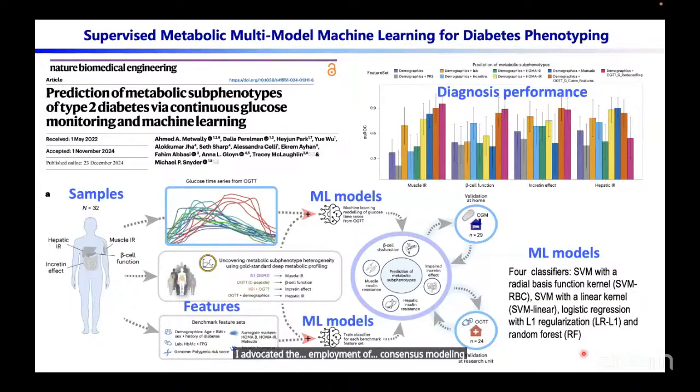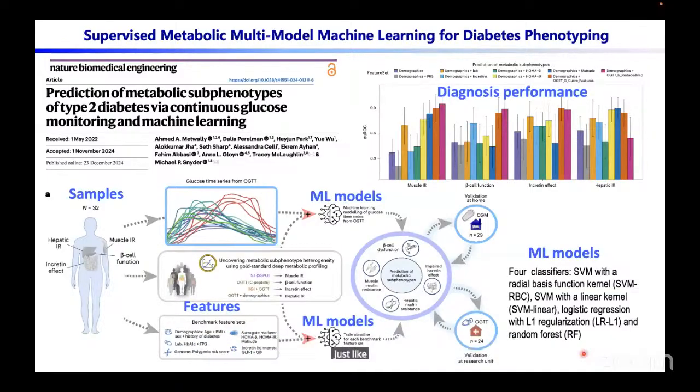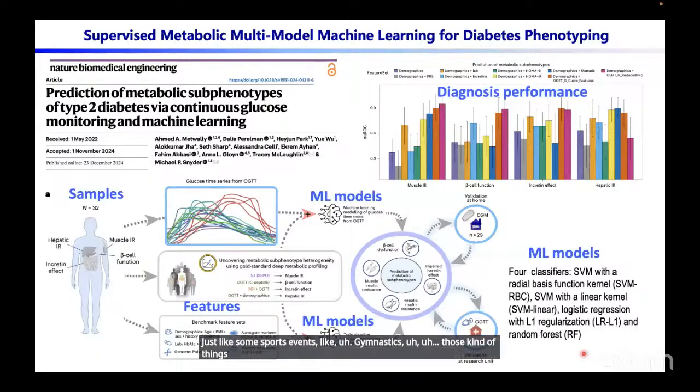So consensus modeling means that you use not just one model, one method, but rather use several methods, and each method is considered as one judge, just like some sports events like gymnastics, those kind of things, that we need multiple judges because we don't want the bias of one particular judge. If you have multiple judges,